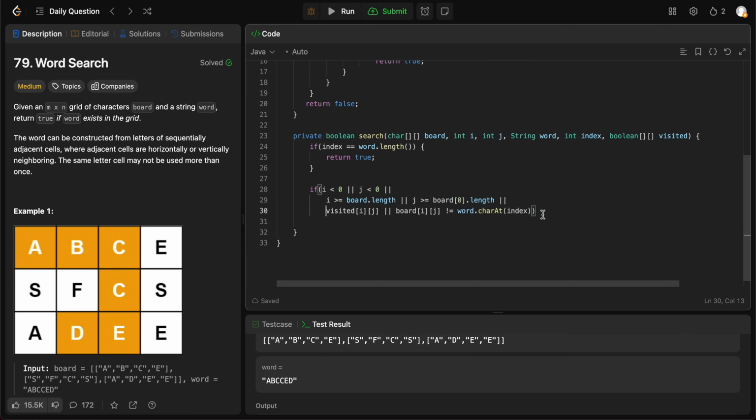Okay, as long as it makes sense to y'all, or it's easy to read. Okay, so if i is less than 0 and j is less than 0, if it is greater than the length of the board itself, or if the current index has been visited, or if the letter that we're looking at is not the letter that's on the board, all of these conditions would result in that cycle returning false. If this hasn't returned false,